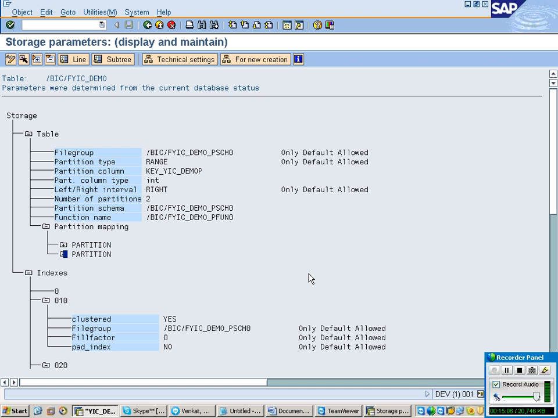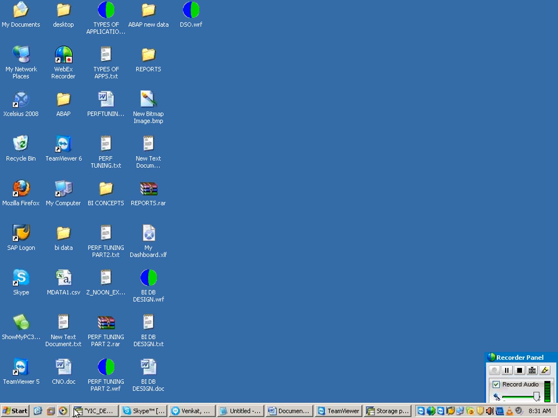This is now the maximum value, that is the empty partition. Clear now? Every time I load data into my fact table, it will create one partition in the fact table. That is very, very important. You can say fact table F is partitioned based on request ID. Clear? Done? Now, is it clear how to load data into the cube from a file?